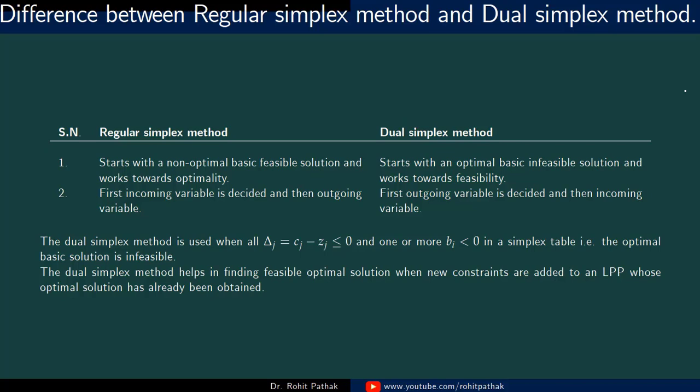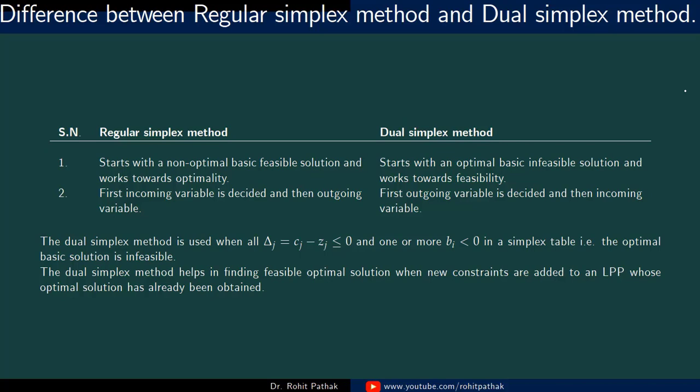And what is the use of this dual simplex method? It is generally used in sensitivity analysis. When we have found the optimal solution of a given linear programming problem, and then after finding the optimal solution, if we add some constraint to this problem, it is generally required to use the dual simplex method, because in that case we generally come across infeasibility.